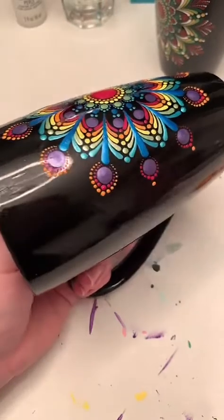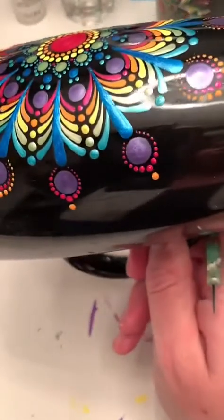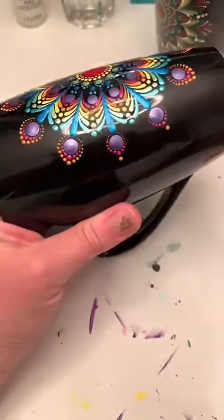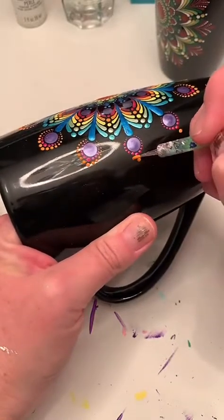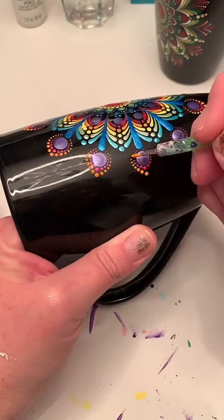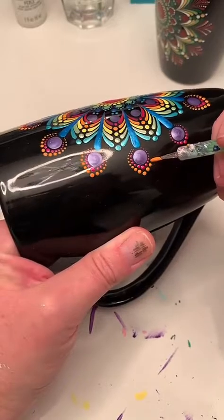I love these colors though. I'm going out tomorrow and I'm gonna have to buy more of the teal, more of the blue, and more of the purple, because I am almost out. I squeezed the last little bit out of the bottles the other day. So I'm gonna pick up some more. And I'm hoping that maybe I can find a yellow or an orange pearl in the multi-surface too,